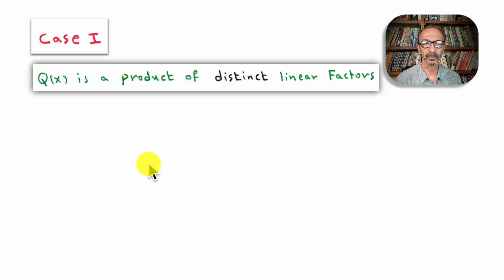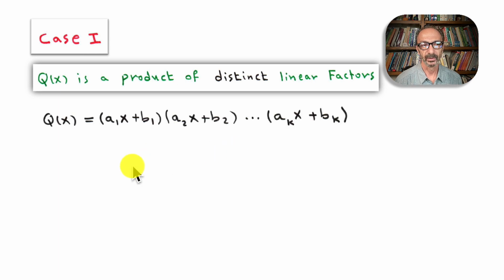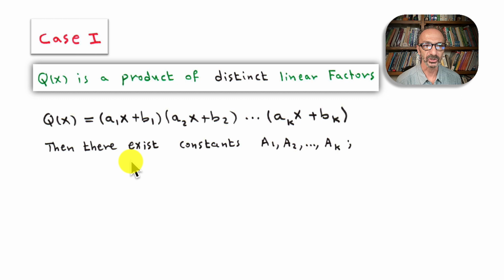Case 1. We have if q of x is a product of distinct linear factors. They're all linear first degree, and they're all different. This is in general. So if q of x, the denominator, is a product of distinct linear factors, then there exist constants, one for each, a sub 1, a sub 2, all the way to a sub k,